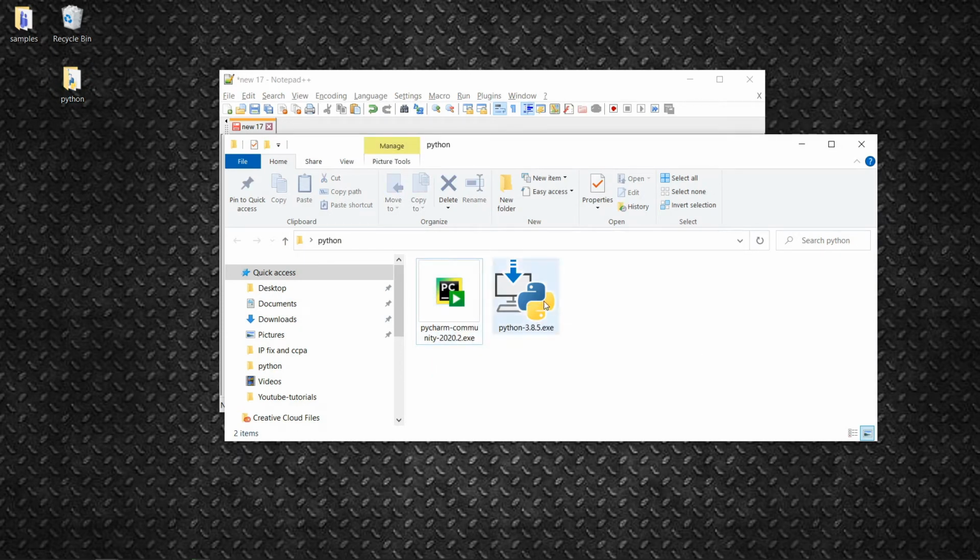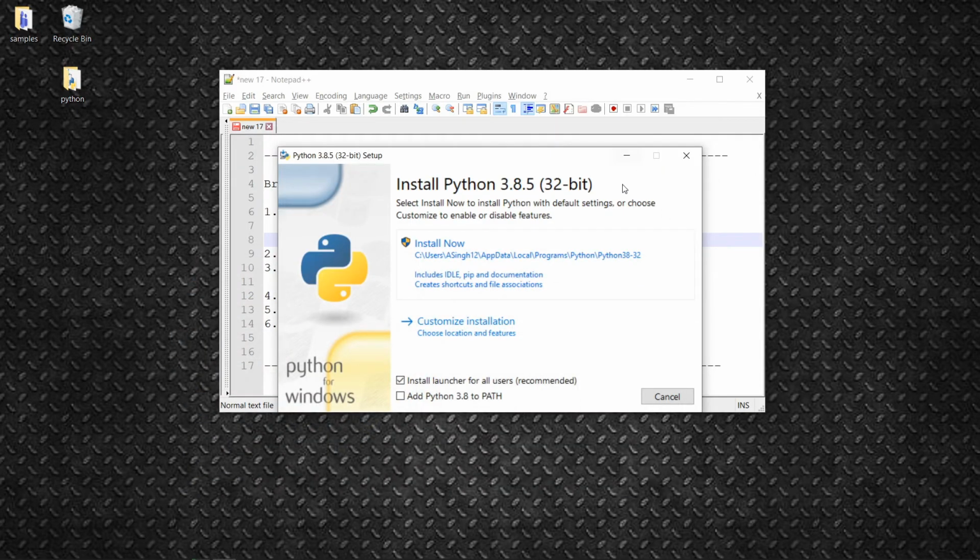So first of all, we are going to install Python with the Python Windows installer. You can also customize the installation and choose your own desired locations. However, I am going to install the default version.